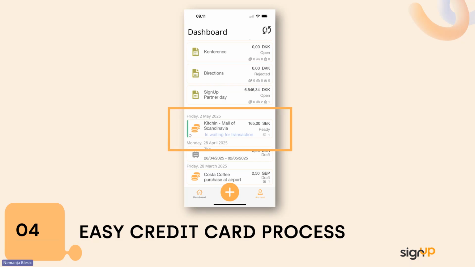Tip number 4, easy credit card processing. Use the simple and seamless credit card process to stay on top of your expenses. Just take a photo of the receipt, fill in any missing information that OCR in the app might have not caught from the receipt,